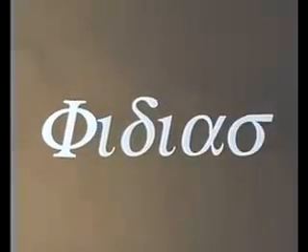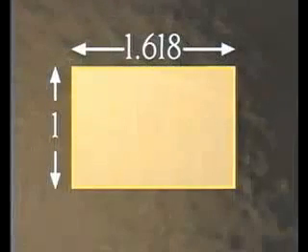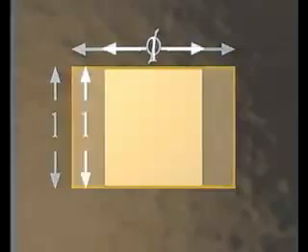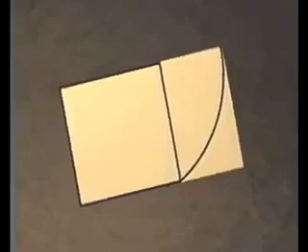Eventually, it was given the abbreviation phi after the initial of the Greek sculptor Phidias, creator of the artwork on the Parthenon. As early as the Pythagorean school in 500 BC, the Greeks studied the ratio of phi and developed a method of constructing a rectangle with sides measuring 1 and phi. With a perfect square, a line from the midpoint, and an arc, they created what was later called a golden rectangle. The Greeks also found that if they removed the original square, what was left was itself a golden rectangle.